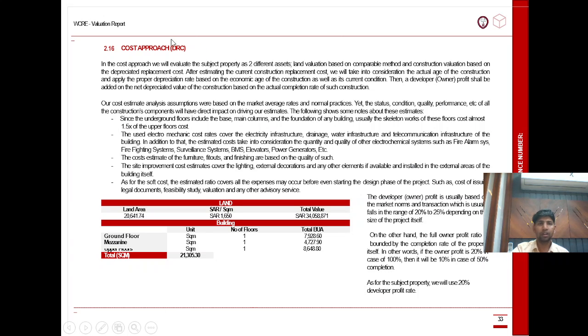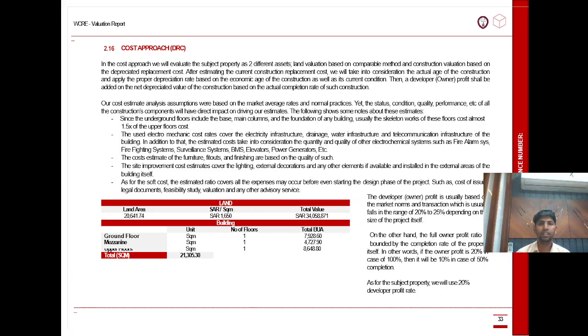Cost approach. In the cost approach, we will evaluate the subject property as two different assets: land valuation based on the comparable method, and construction valuation based on depreciated replacement cost.